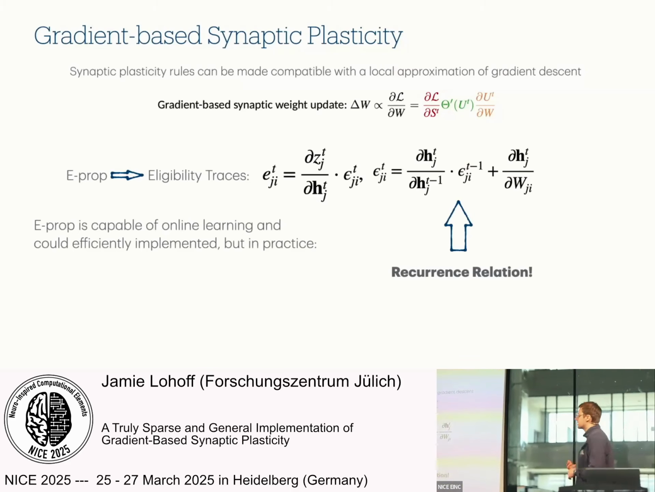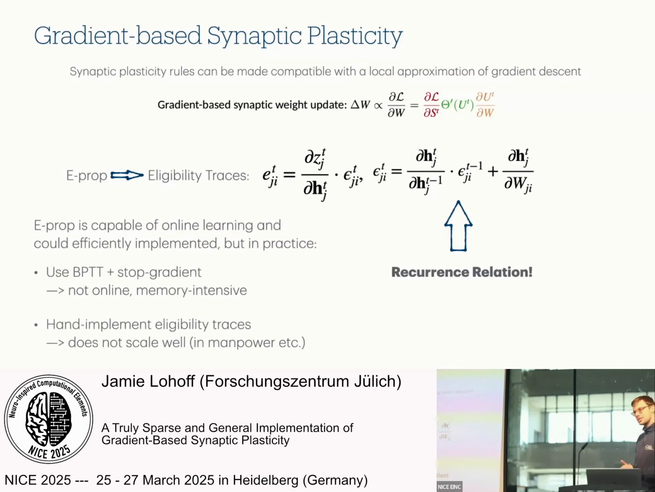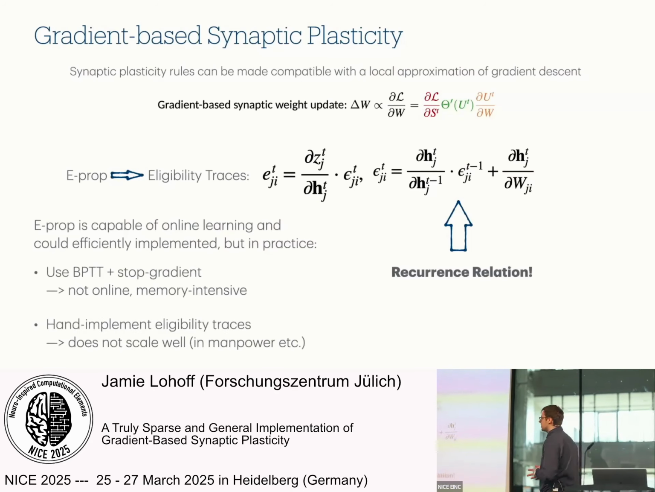And the cool thing about EPROP is it's online. It can do online learning, and it can be implemented very efficiently. It can also be implemented locally and so on. But let's be honest, in practice, nobody does that, right? What typically people do is, if you train, for example, stuff with SNN torch and so on, and you want to have your EPROP rule,